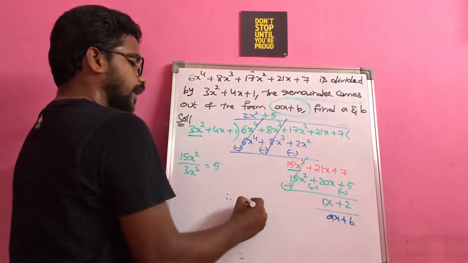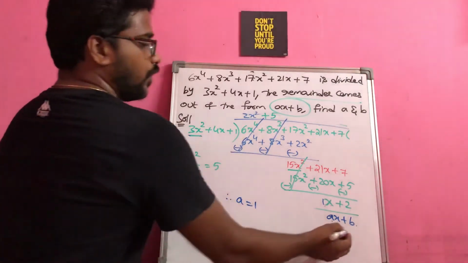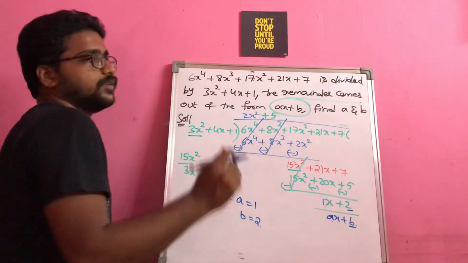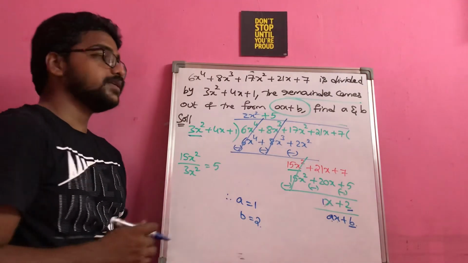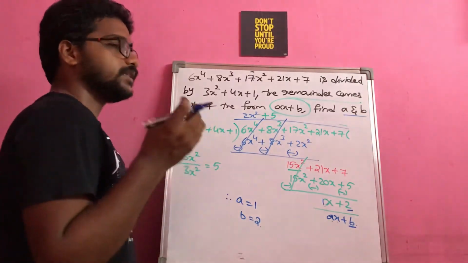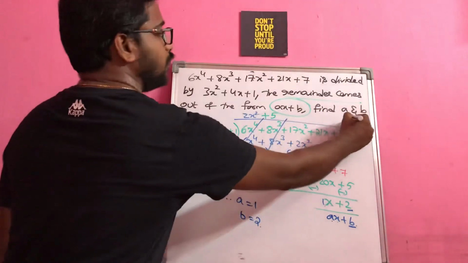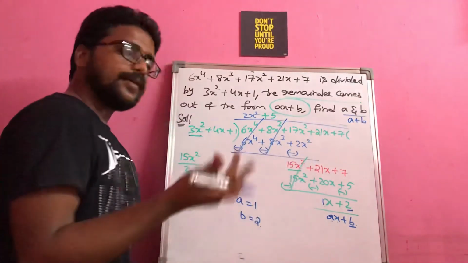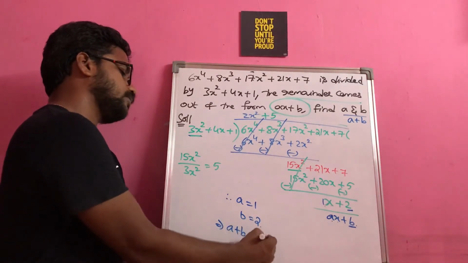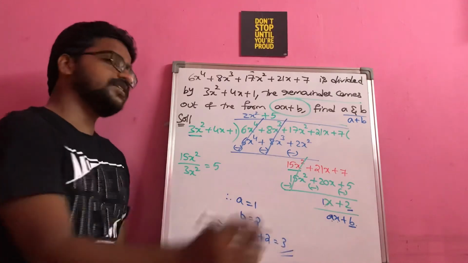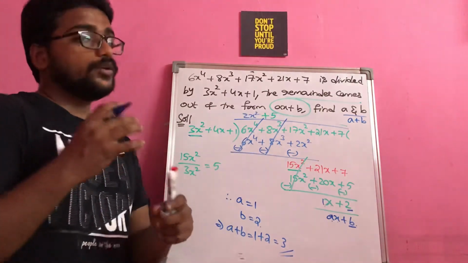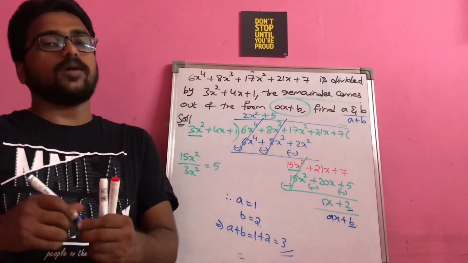So therefore A is equal to 1. Constant is B, constant is 2 here, therefore B is equal to 2. Sometimes they won't ask you to find A and B. Instead, they will say in the question, find the value of A plus B. Indirectly you have to find A and B, but then you just have to extend one more step: A plus B is equal to 1 plus 2, equal to 3. This is how you have to simplify the 2 mark or 1 mark questions.